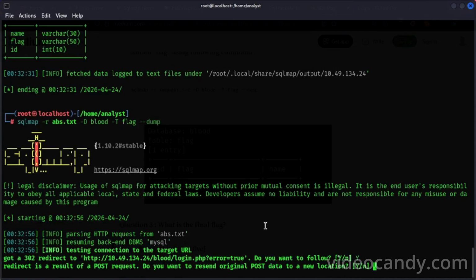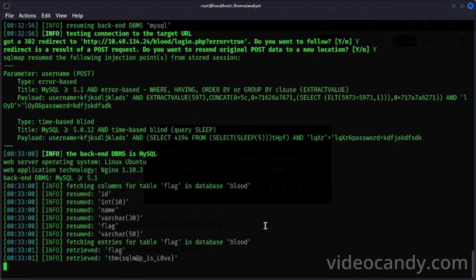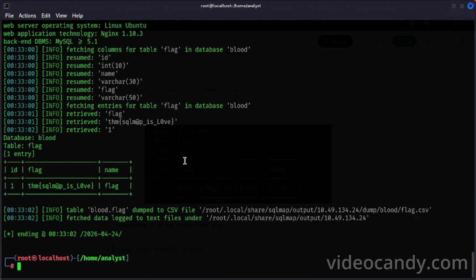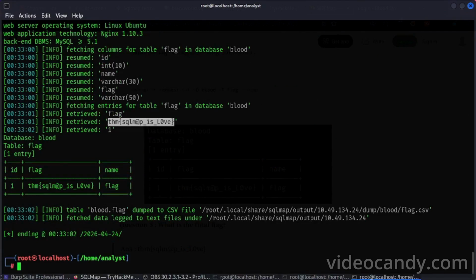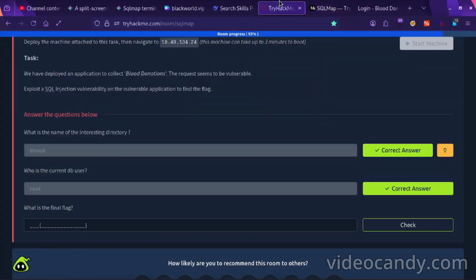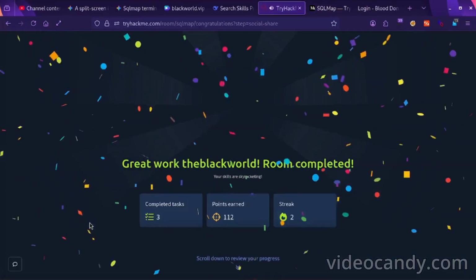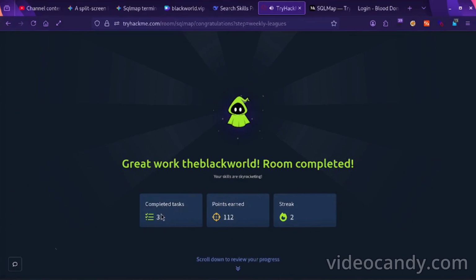Now we want to get the flag: -T flag and --dump. It will show you everything that is in it, and we get the flag. We will copy it and paste it into the TryHackMe lab.